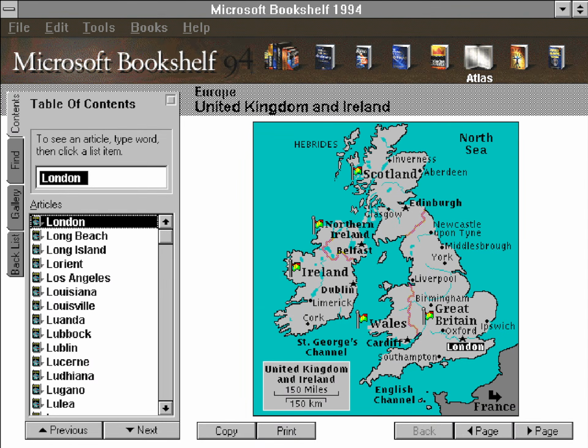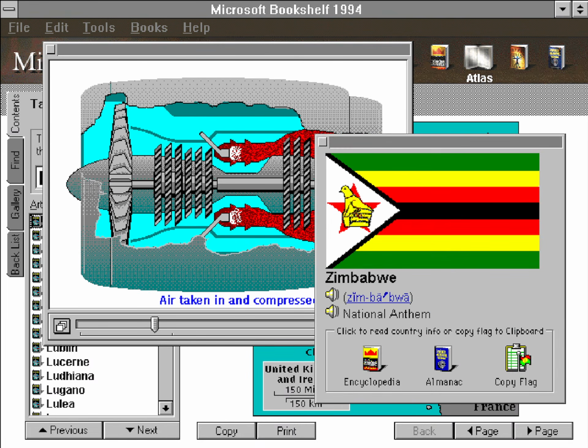Examples of multimedia in Bookshelf include over... you can't zoom, so that won't help you for little